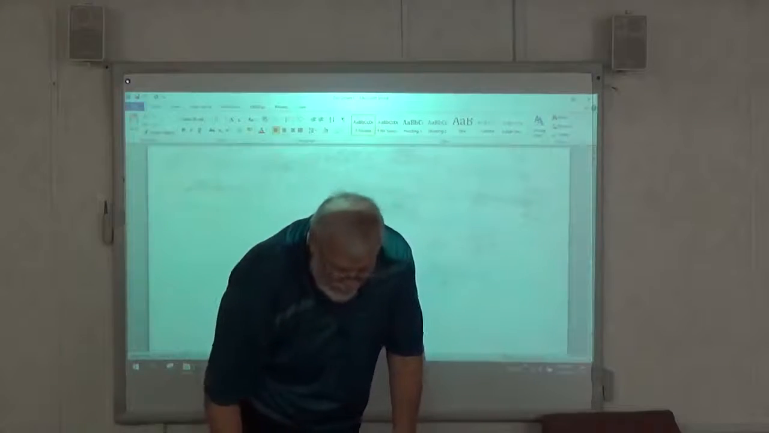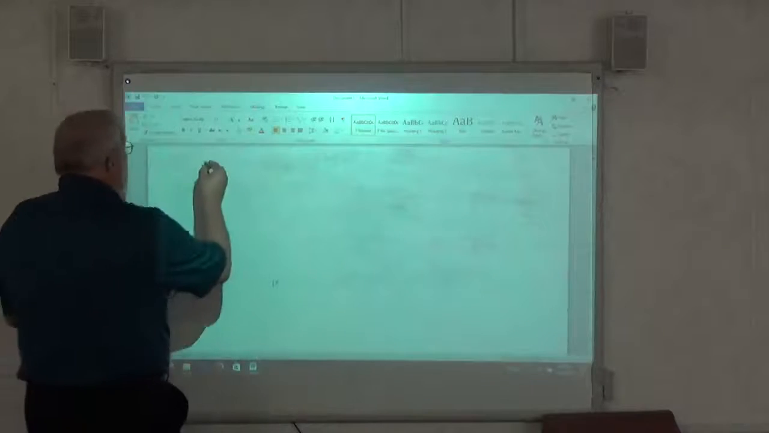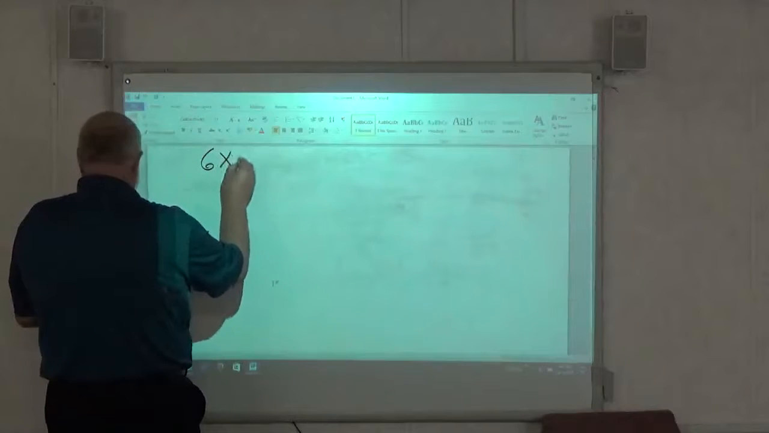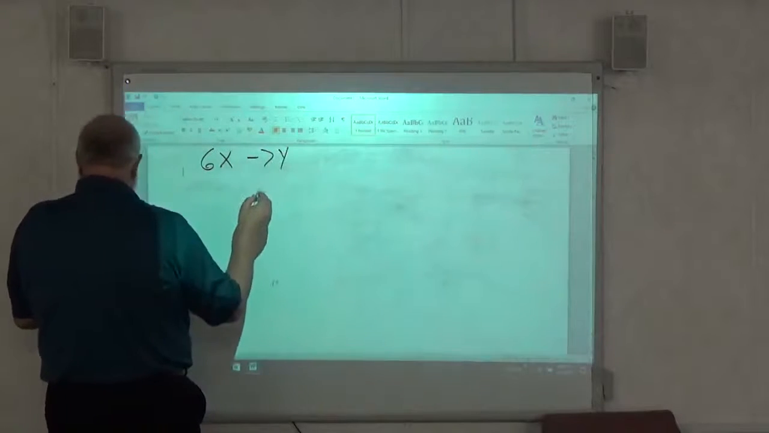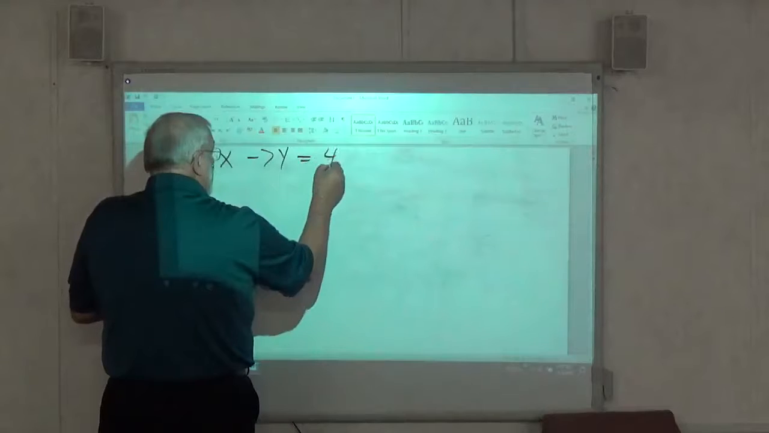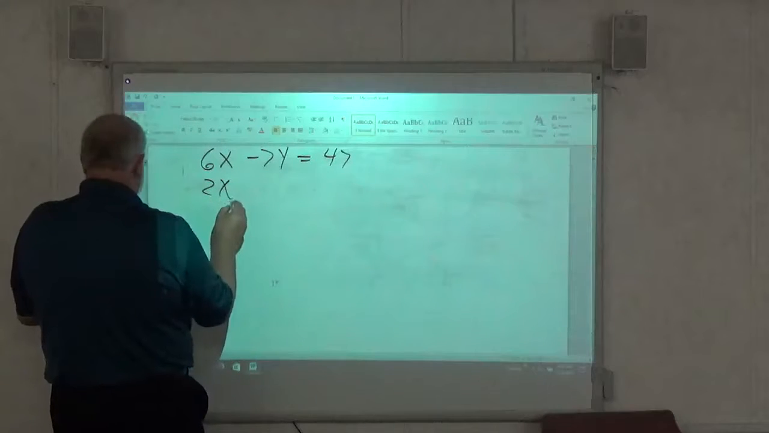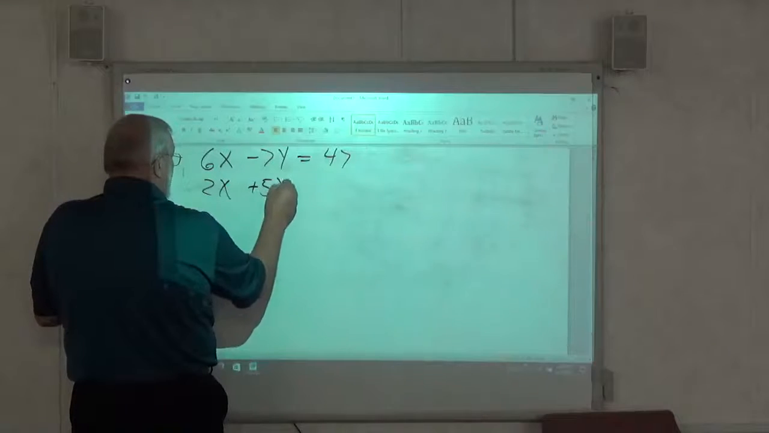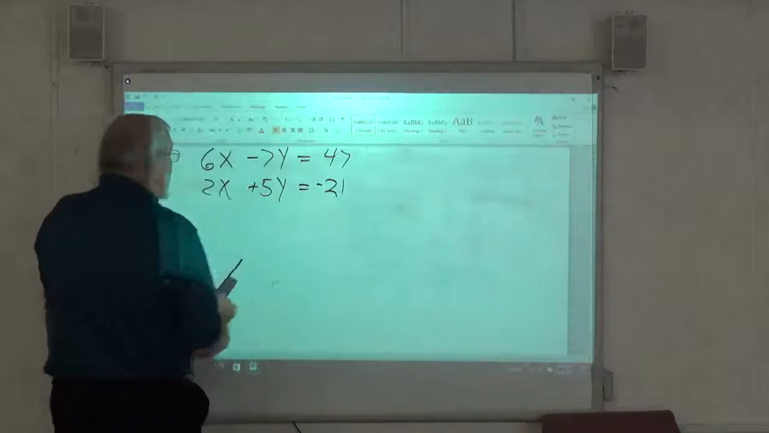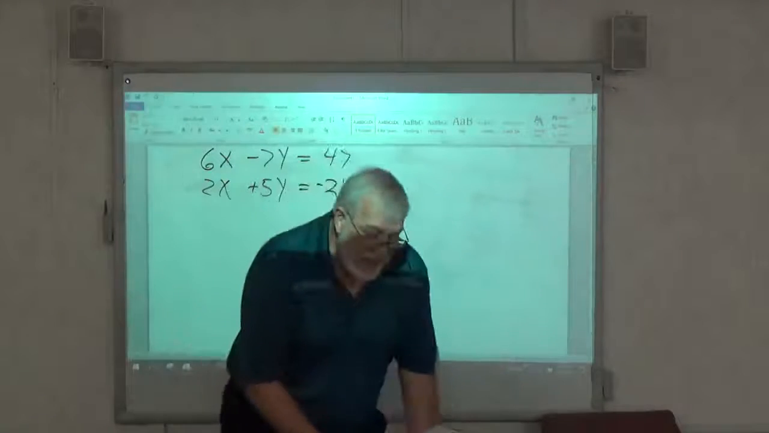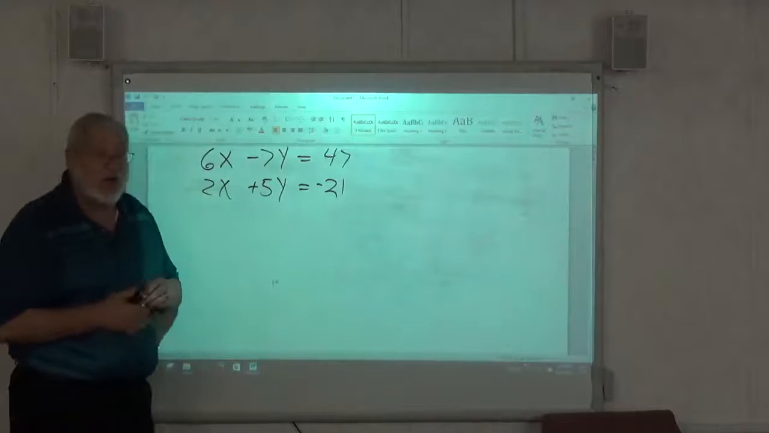All right? I'm going to bring this over here so I can write it easier. 6x minus 7y equals 47, and then 2x plus 5y equals negative 21. Okay, now the first thing that I look at is I recognize that these two slopes are